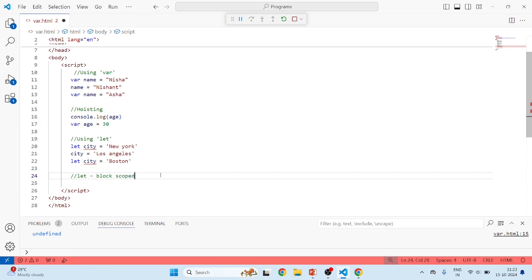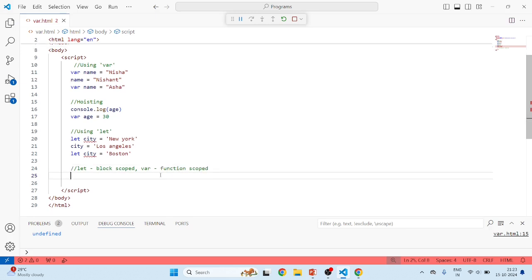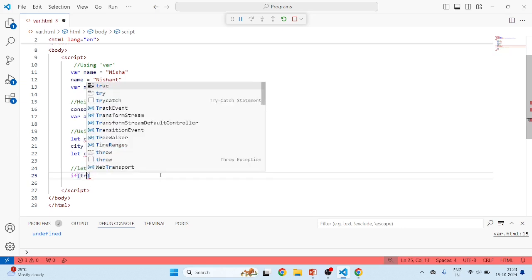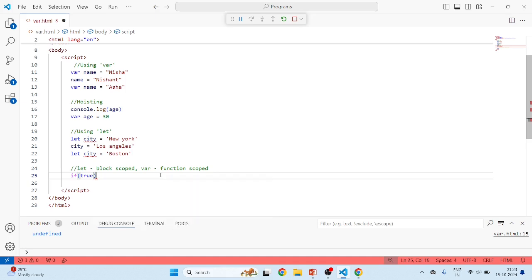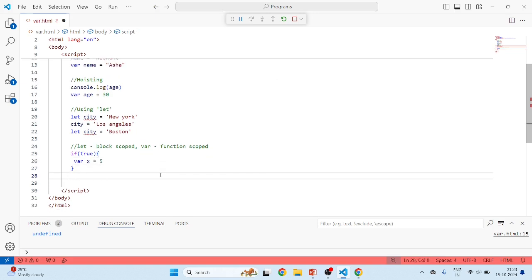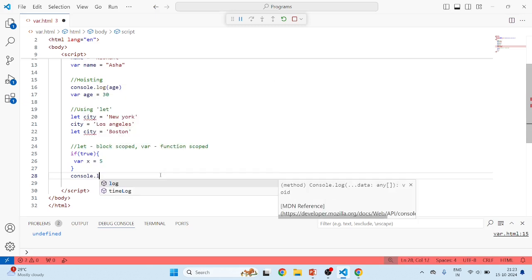Another major difference between let and var is that let is block scoped, whereas var is function scoped. Let us understand this with an example. If we do it like this: if (true), var x = 5, and after this